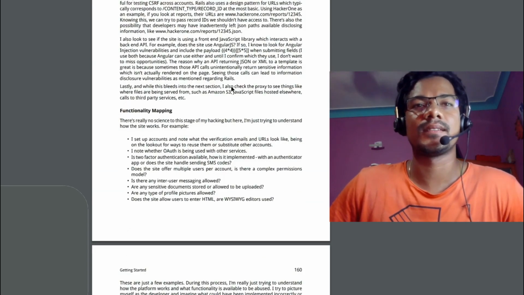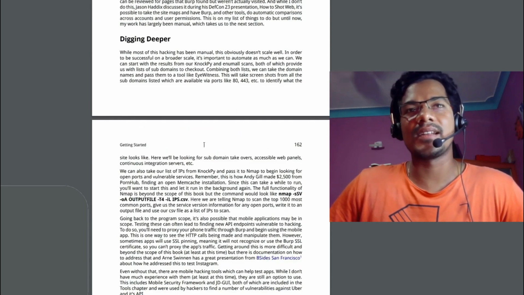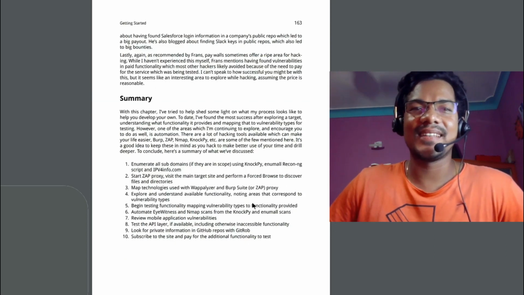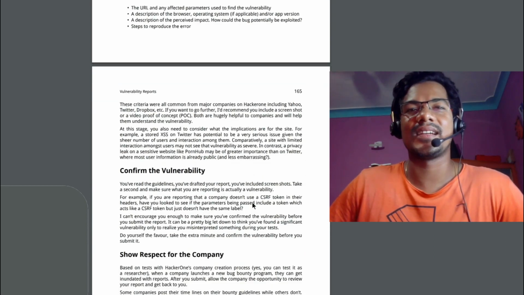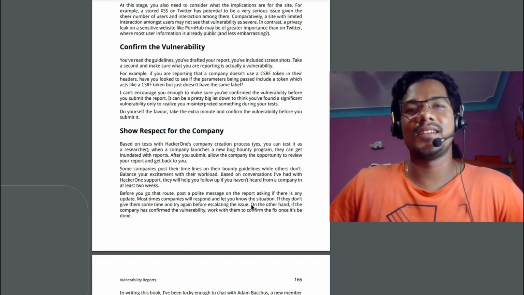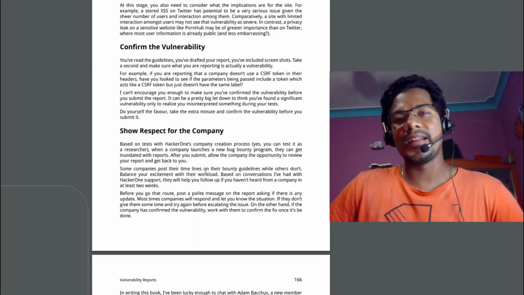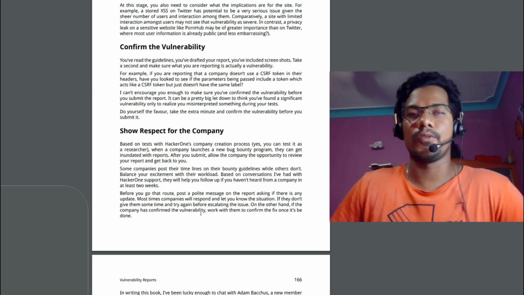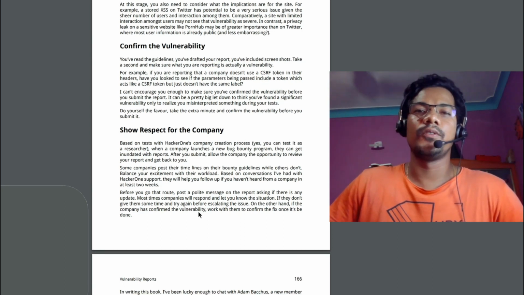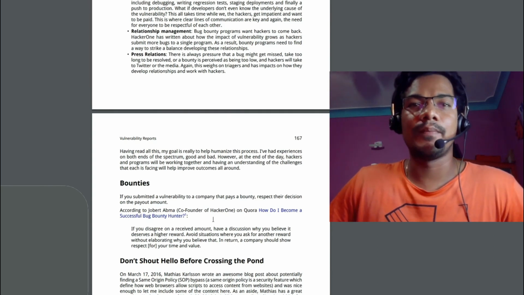The rest of the part is more theory, application testing and so on, but it is also important in order to find different bugs, provided as a guideline or some motivational material. So basically if you go through the reports, you will get an idea how a security report looks, or a security issue reported by an external researcher. You will have more idea on how to report an issue and how to get a maximum bounty and other things.